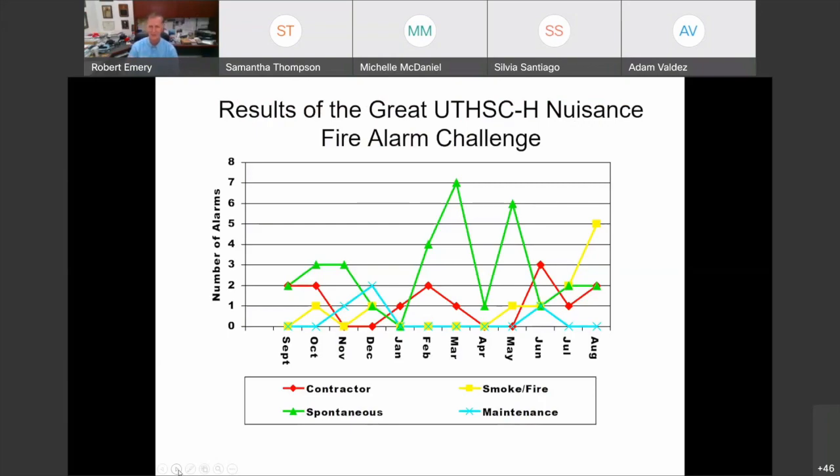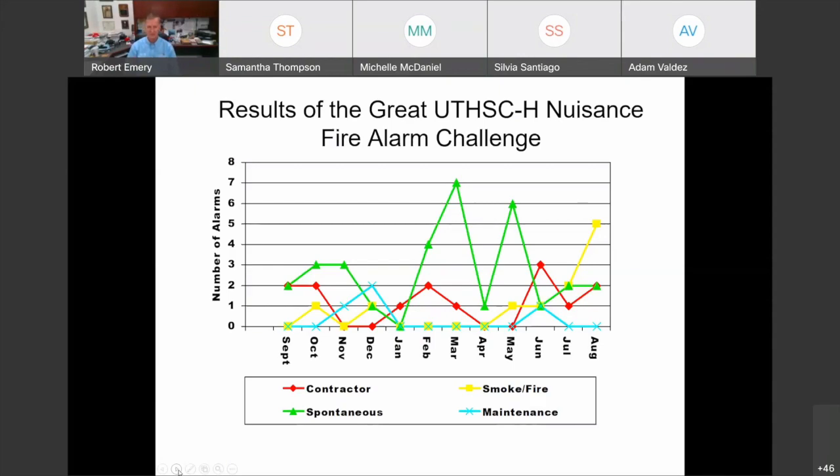And I want you to think about that while I tell you what the story is behind the graph. So here at the Health Science Center, some time ago, we were not over fire safety. That was under the purview of the facilities group. And so what was happening was these nuisance fire alarms were going off, and it was irritating the faculty. And so I got stuck with having to fix this problem.